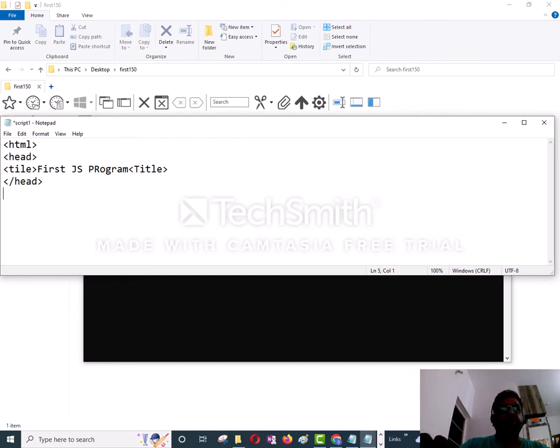Now comes the real part of the JavaScript. The JavaScript will always be within the script tag. All the JavaScript programs will sit within the script tag. Type is equal to text/javascript, and